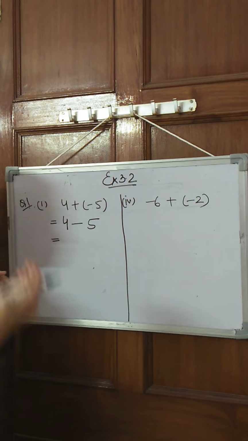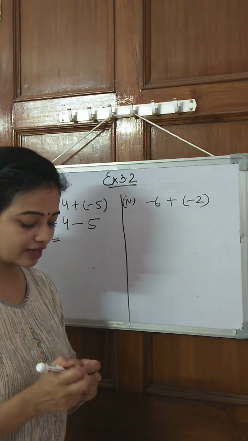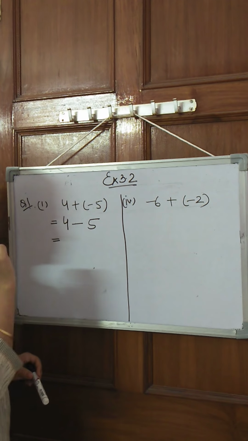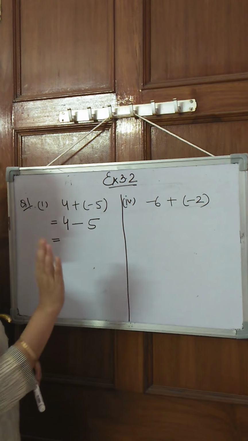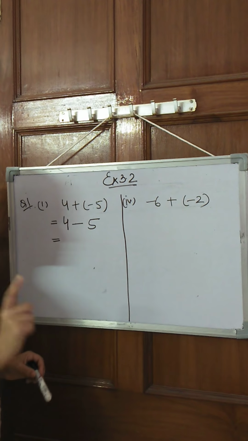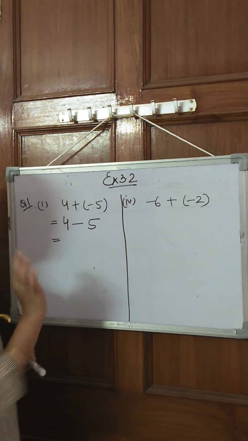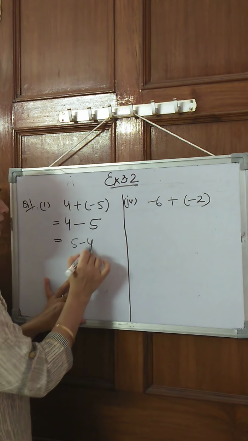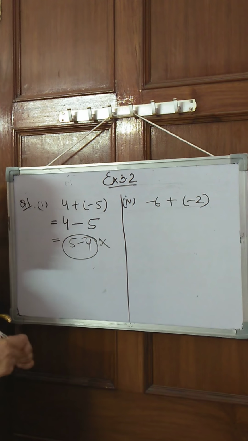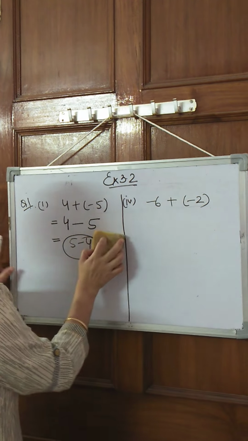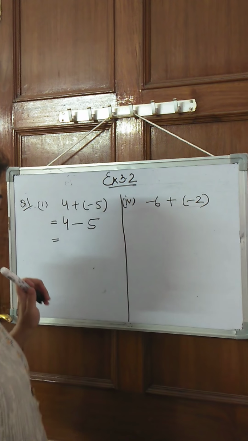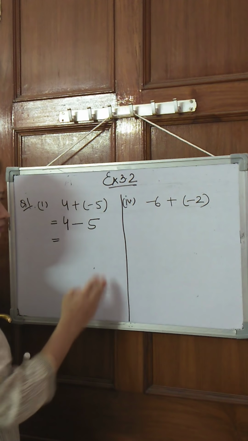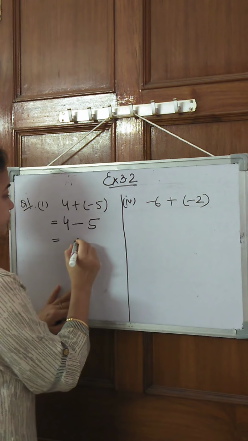Now the rule that we have discussed, that when we have opposite signs we subtract, when we have same signs we add. So this 4 is positive, this 5 is negative. So opposite sign, one number is positive, other number is negative. So plus minus is minus. So we have to subtract 5 and 4. Now you do not change the order or something like that. When I said I have to subtract, you don't write it like this. It is completely wrong. This calculation or operation that we apply, we do this orally. So when I say plus minus is minus and I have to subtract 4 and 5, so 5 minus 4 is 1. So I will write 1.